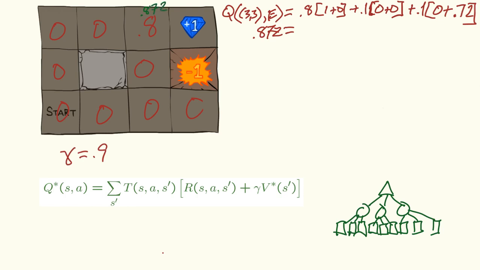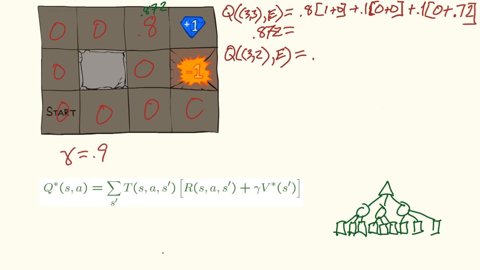So this updates a little bit, 0.872. Notice I only checked one of the Q values here just to save time. We know that this Q value is going to be lower and that Q value is going to be lower, and so this 0.872 is going to be the max. Now next up, we need to compute the Q of 3, 2 going east,